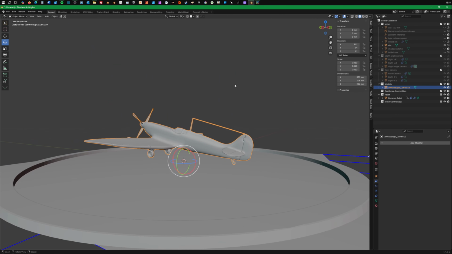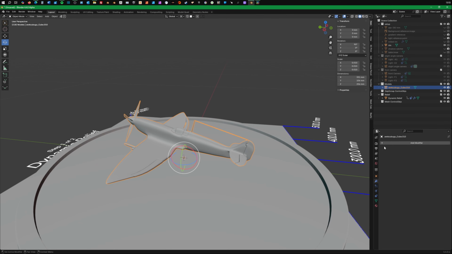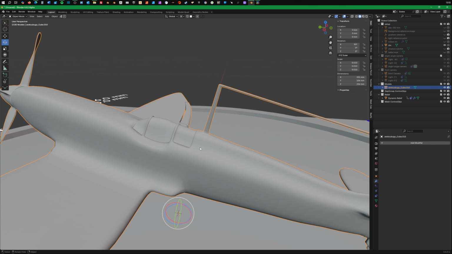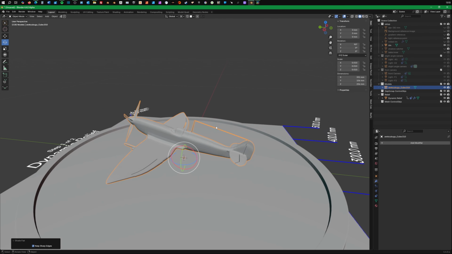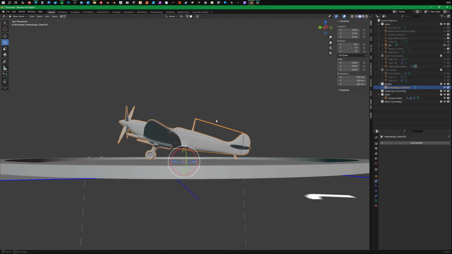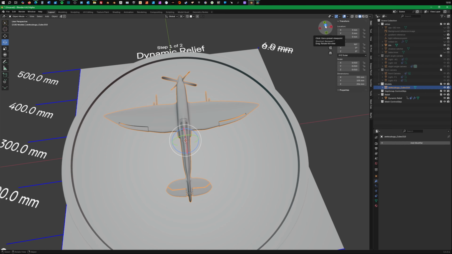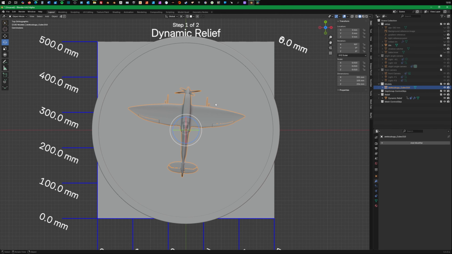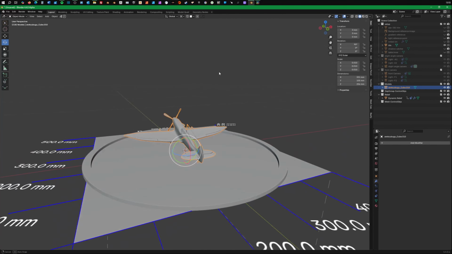Right, there we go. Okay. Which has, I think, have I already smoothed that? Let's have a look. Shade flat. No, I haven't. Right, what I'm going to do is just quickly stick a subdivision surface on that just to tidy it up a bit. It's not a fab model. It was a free one off Turbo Squid, but it will do the job. And it's a Spitfire because it's going to become relevant in a minute.